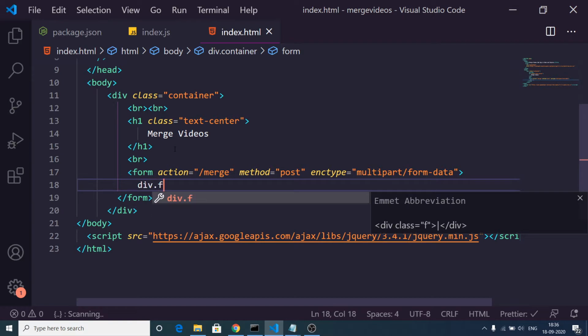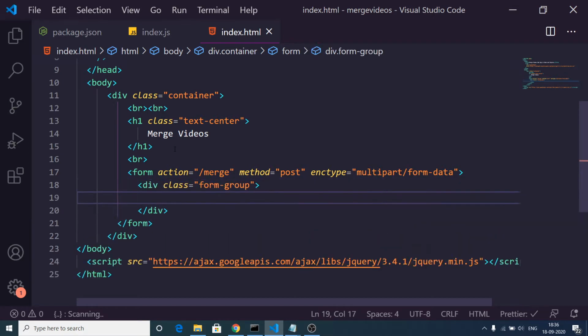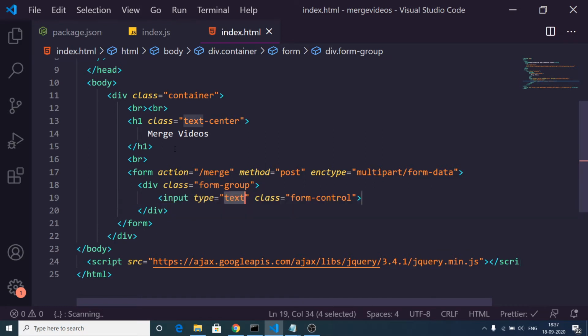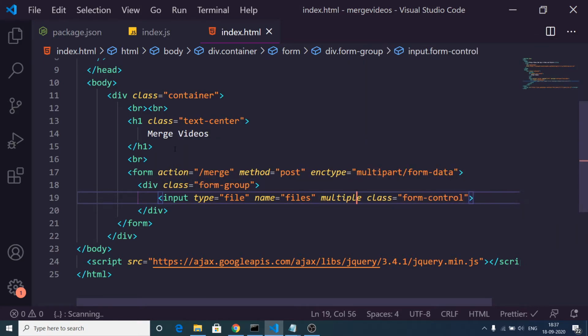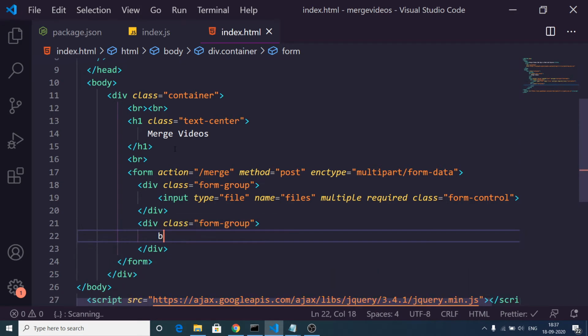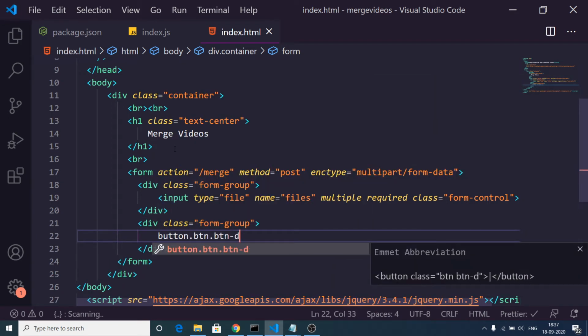And right here we will have these bootstrap classes form group, and inside this we will have input, and we will be attaching a bootstrap class of form control, and input type will be file because we are uploading files, and we will be giving a name attribute which is very much necessary, which will be equal to files. And for uploading multiple files we will be giving this additional attribute of multiple, and it should also be required for the validation. After this we will have a simple button, and we will put these classes to the button: